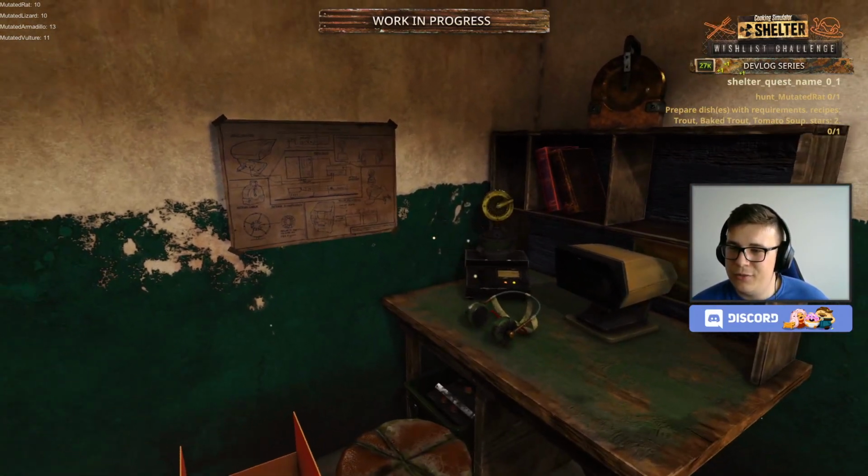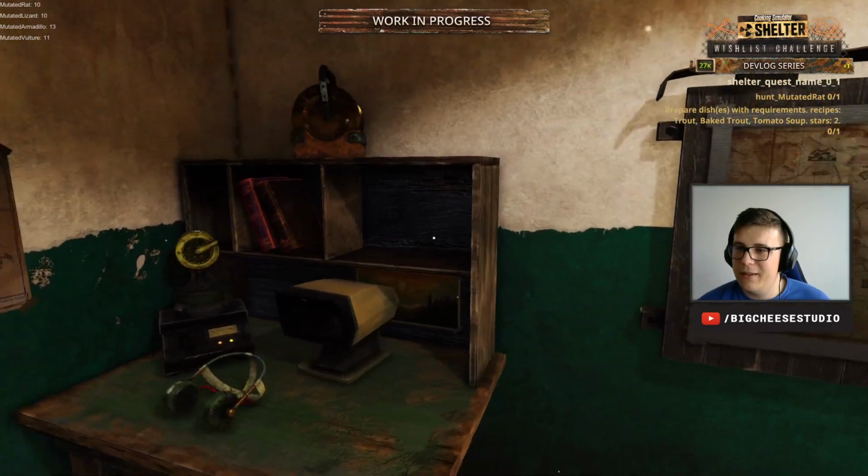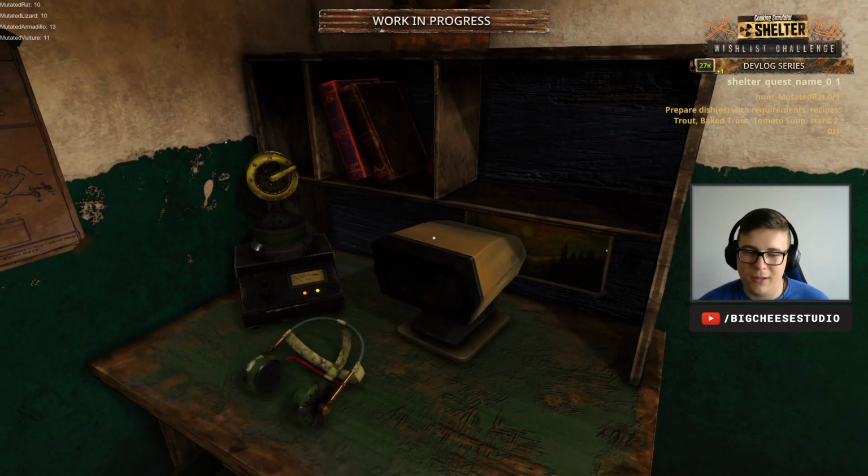In this little corner over here we have the blueprints for all the parts we will need from the other settlers. And here is where we collect them. You can see headphones, the monitor screen, and